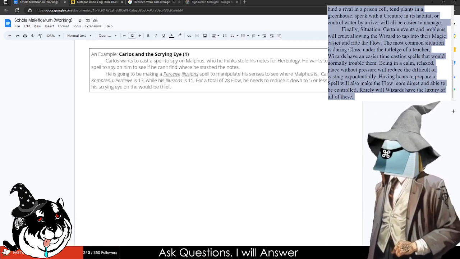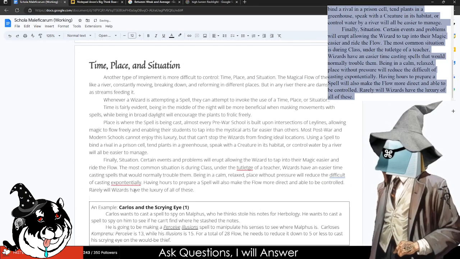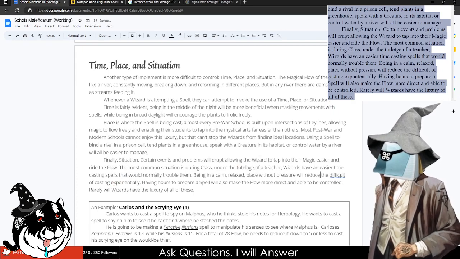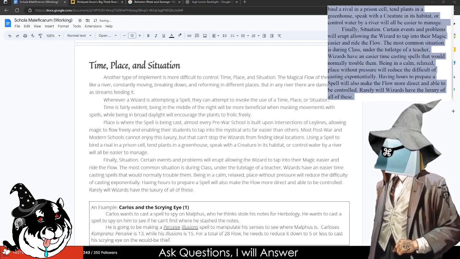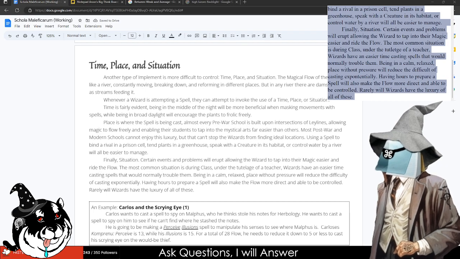So it's kind of the situation of, if you're in a good place, you're going to be doing fine. And there's going to be moments like, yes, this is the ideal place to